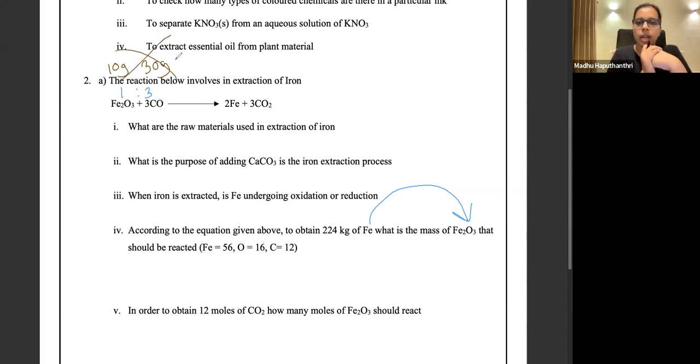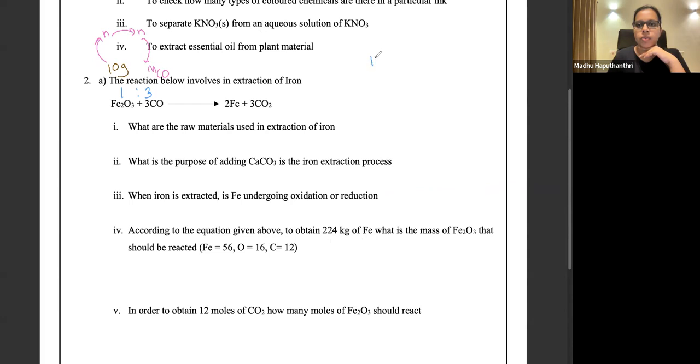Masses cannot be directly related like that. Number of moles is what is directly related. Right? So therefore, you have to convert. You have to take this to number of moles of Fe2O3, then relate that to number of moles of carbon monoxide, and then come to the mass of carbon monoxide. You have to go through the number of moles. That is a path. So here also I will take the number of moles of Fe. Now I have the mass of Fe.